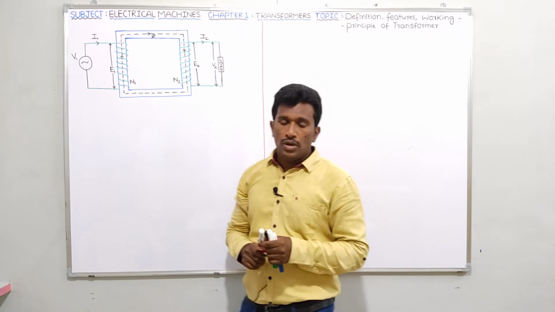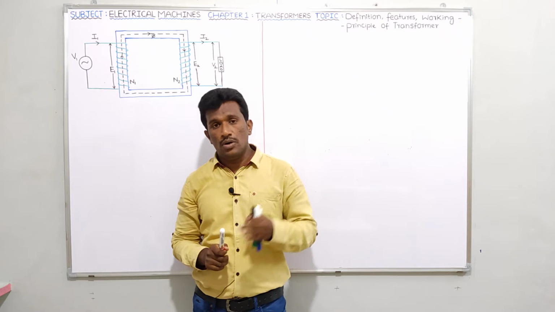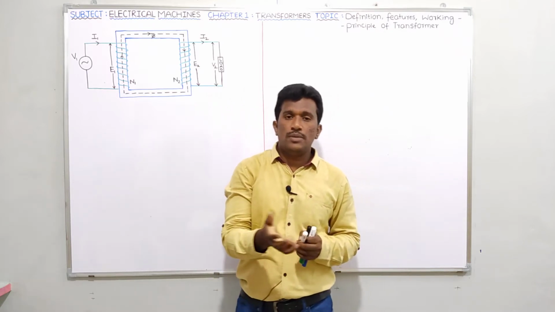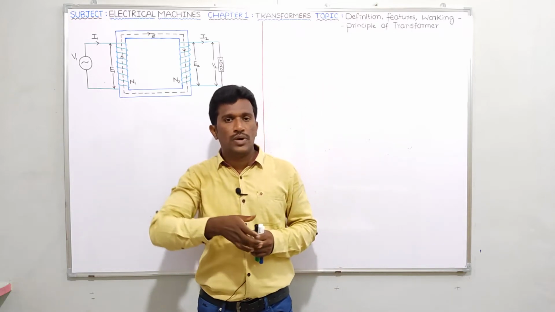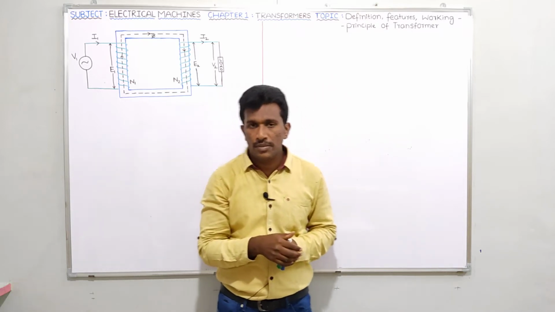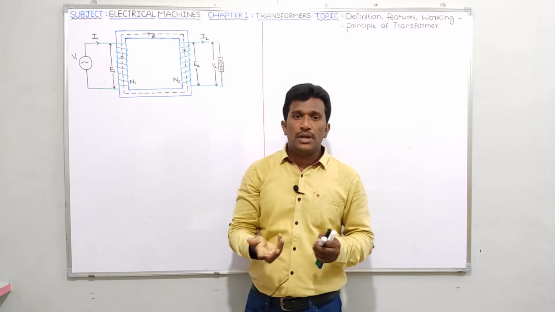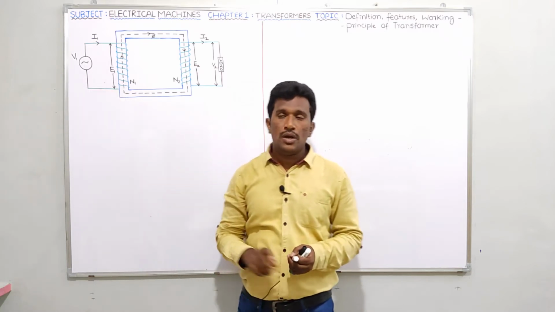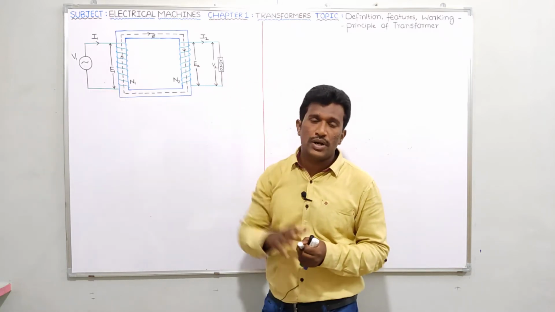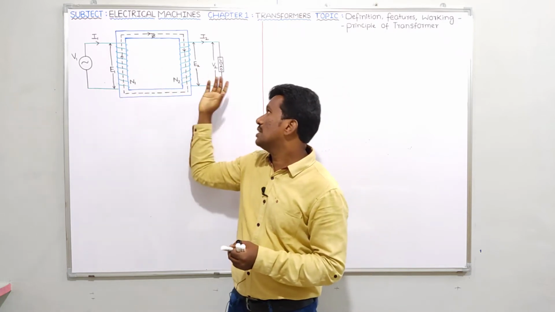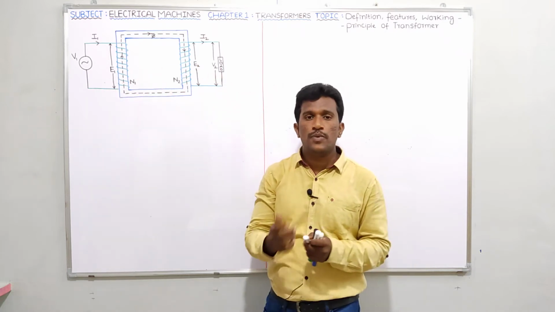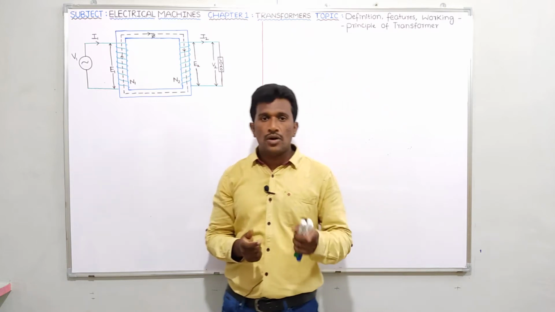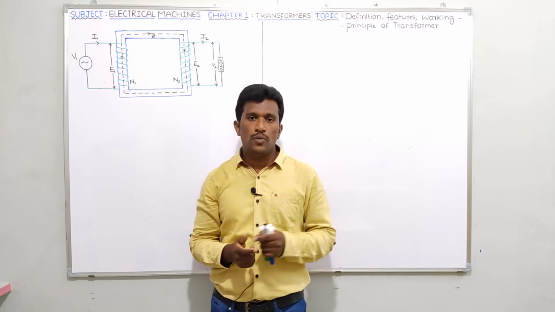As I told you in the last video in basics, the correct nomenclature for windings in a transformer is low voltage winding and high voltage winding, not primary winding and secondary winding. Because the definition of primary winding is the winding connected to the source, and secondary winding is the winding connected to the load. Suppose a source and a load are disconnected, then it is not possible to justify primary winding and secondary winding. Therefore, the correct nomenclature is low voltage winding and high voltage winding.